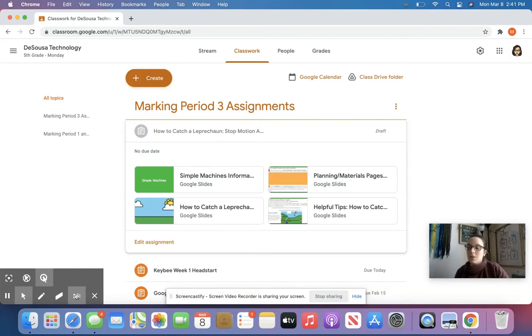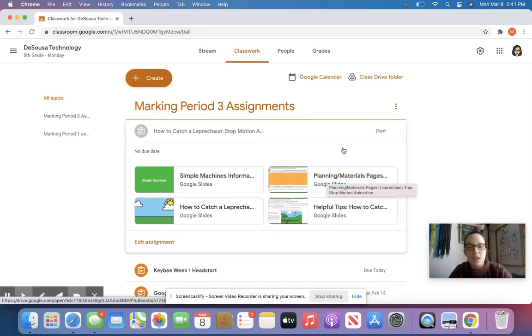Now let me show you some of your resources for this project. The whole purpose of the project is to create a stop motion animation based on the book How to Catch a Leprechaun. Okay, so your animation is going to be about a leprechaun who gets caught. Okay, so in our planning pages,